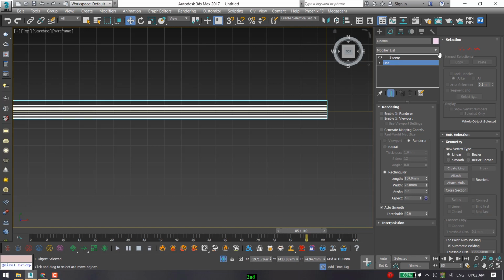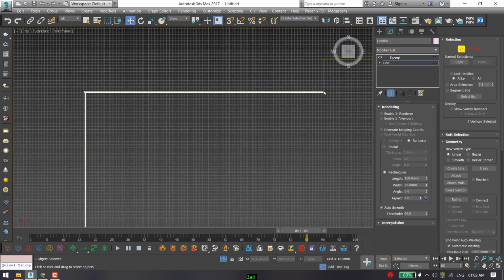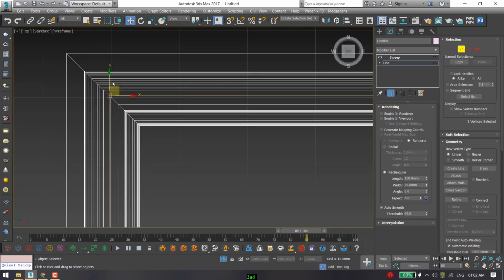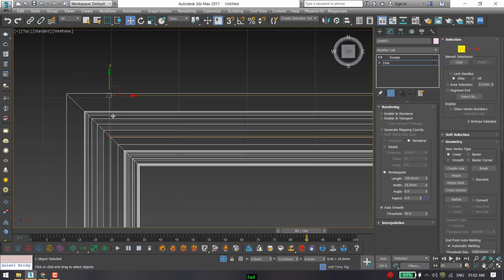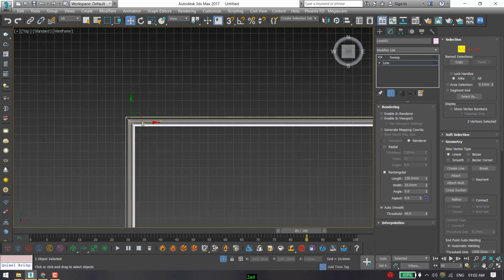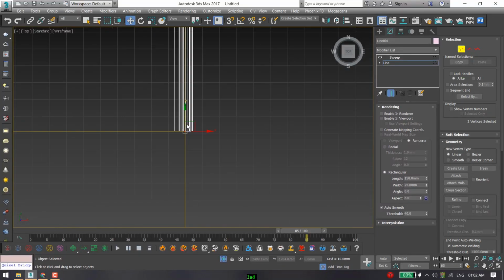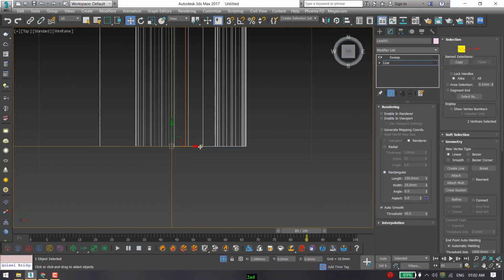But if your face is black, it means your faces are flipped. Select the vertex and zoom. Flipped faces are not visible in the render. Try to match it with the room edge. In this case, we can render the outer geometry, but if we go inside the geometry and try to render, we are not getting any result with this edge.